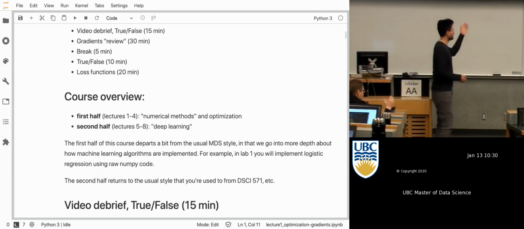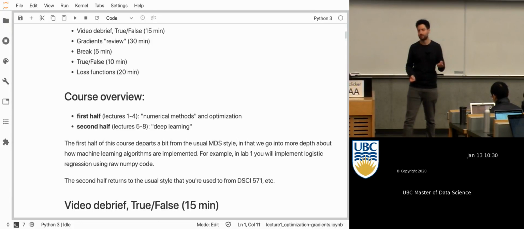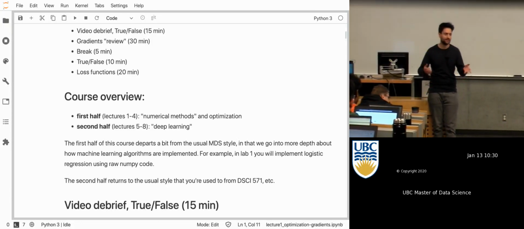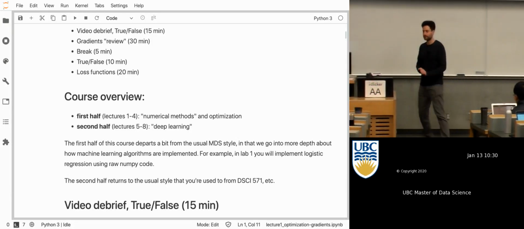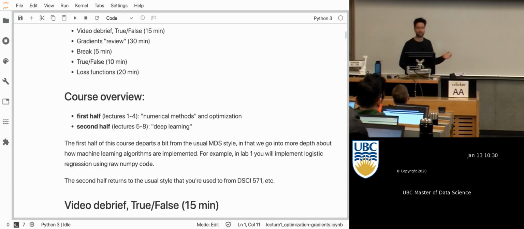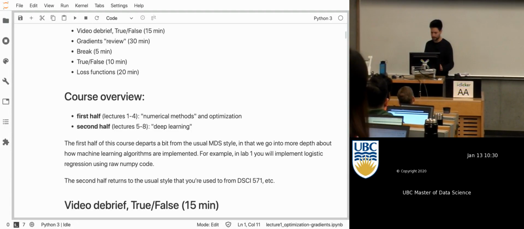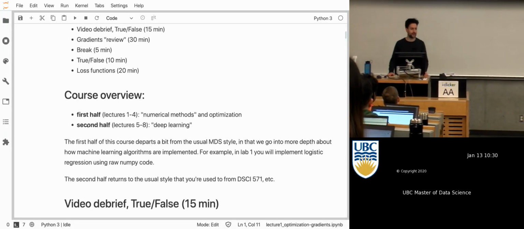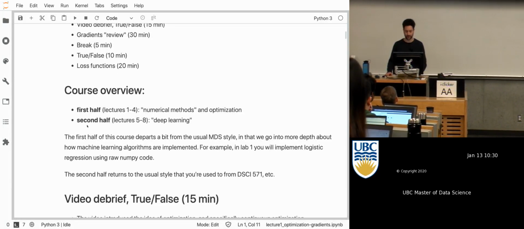So when I say numerical methods and optimization, we'll just, for example, go a little bit into, say, how is least squares implemented or logistic regression or stuff like that. Then the second half of the course is going to be about deep learning, which is essentially neural networks. And that'll be more in the usual style of 571 and that kind of thing. OK, so